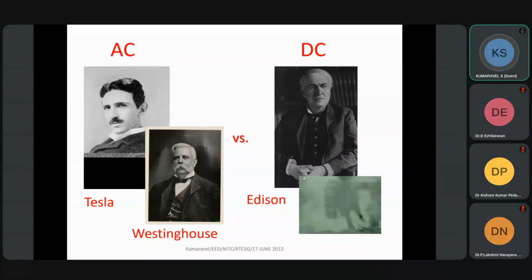So battery belongs to DC. Solar PV is already DC. Now, as far as the wind generator is concerned, we are using AC, a PMSM or induction generator, but we cannot connect it directly with the grid. Why? Because we have to synchronize it. So we have to convert AC into DC and then DC into AC. Again, DC is coming into the picture. If you talk about generation, it is slowly moving to DC.